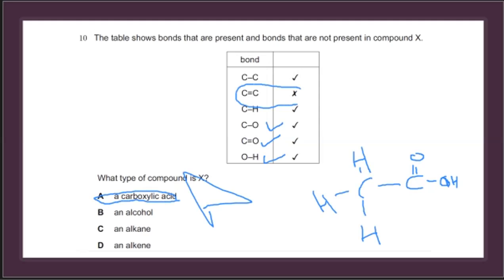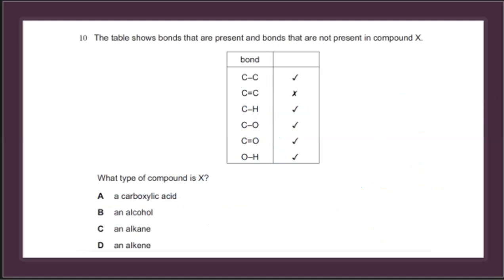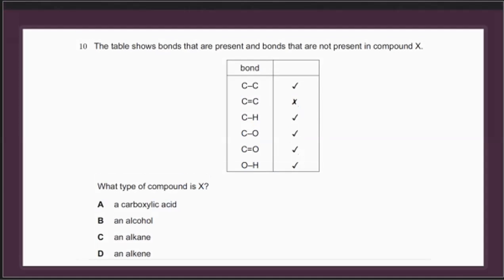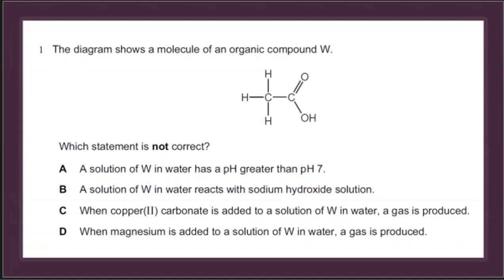I don't have the carbon double bond, but I have the carbon-oxygen double bond as well as the carbon-oxygen single bond. The only way for me to have that is C double bond O, O. But I also have the oxygen-hydrogen bond, so oxygen could also be bonded to hydrogen. Hence I have C double bond O, OH, giving me that acid functional group. The answer to 10 is A, as in apple. All right. So again,